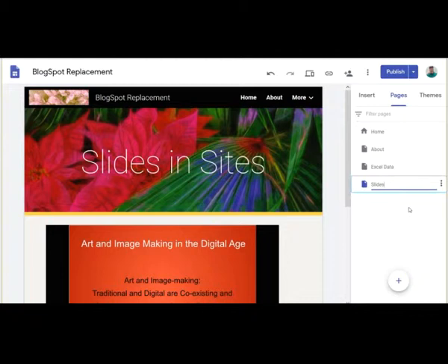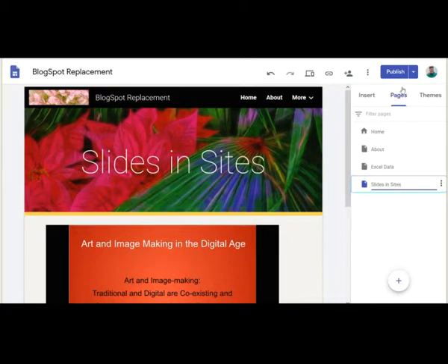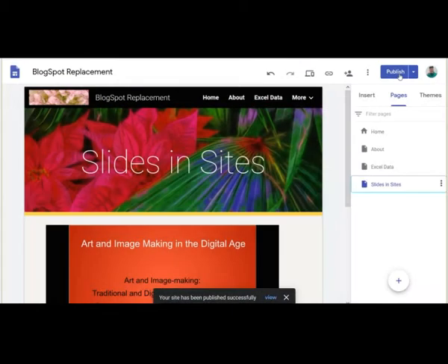Slides. Insights. So this should show up here. Yep, Slides Insights, and there we have it. And we then can publish it, and we'll do that right now. And my site has been